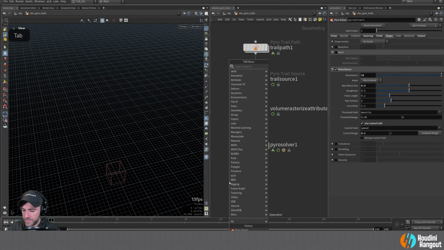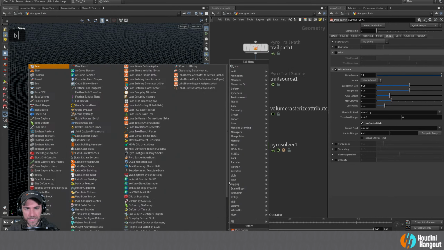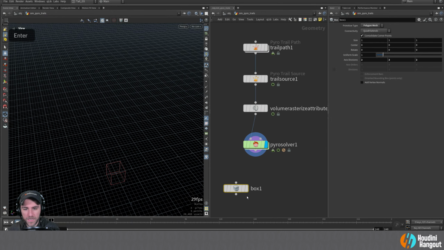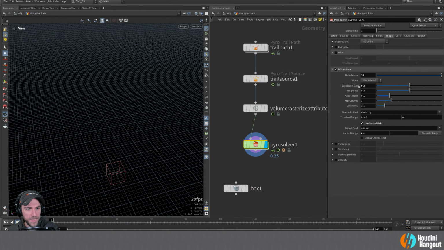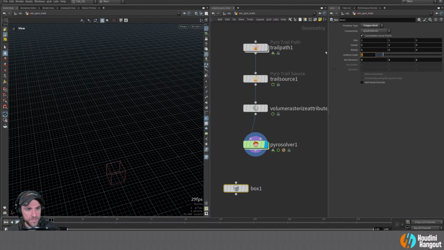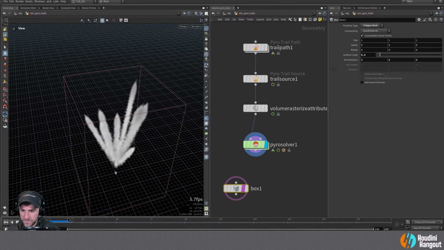All right, so one thing to note here is if we put down a box, this is something I used to do sometimes. Take a box and just set the uniform scale to be what this box size is here. So we're 0.5. And if we look at this simulation here,